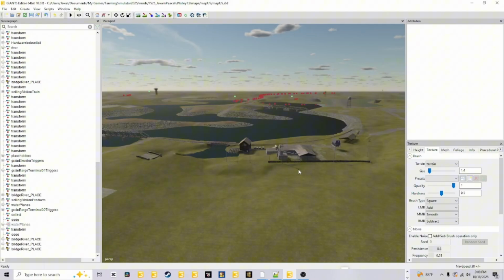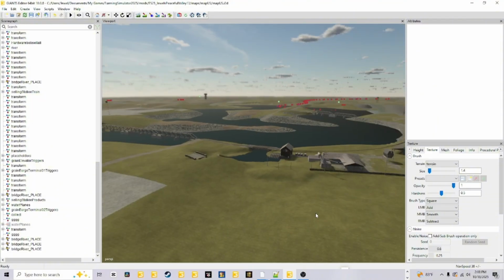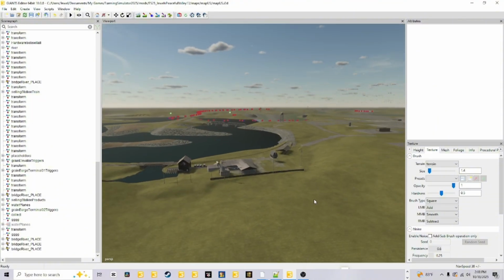Welcome back everyone. Today we're in the Giants Editor, the 10.0.8 version for Farming Simulator 25. I'm Jewel, and as you can see we're on the Jewel's Peaceful Valley map, and we're working on the Sawmill